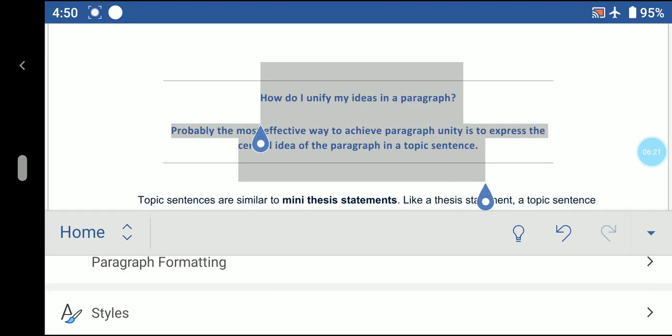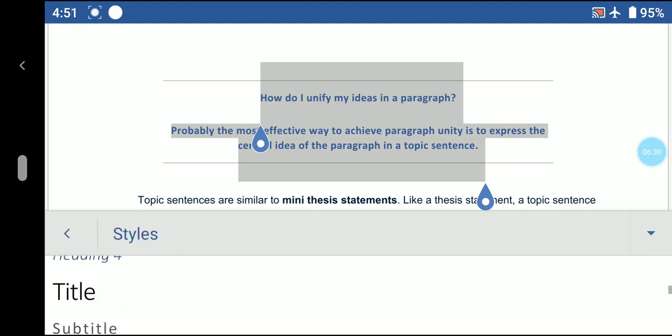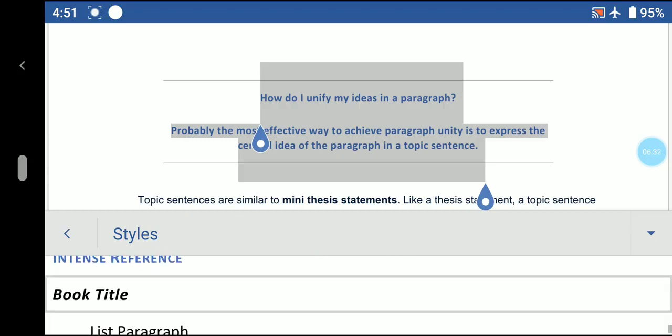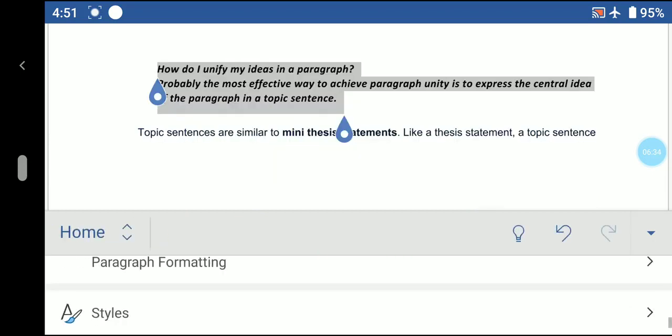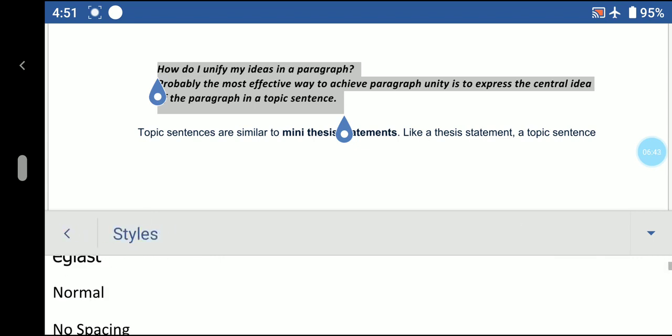If I choose the Book Title one, then the sentence of the paragraph that you have chosen will look like this. Now again we are moving to another one, List Paragraph. If you choose the List Paragraph option, it will look like this. Let's check what we have not done.